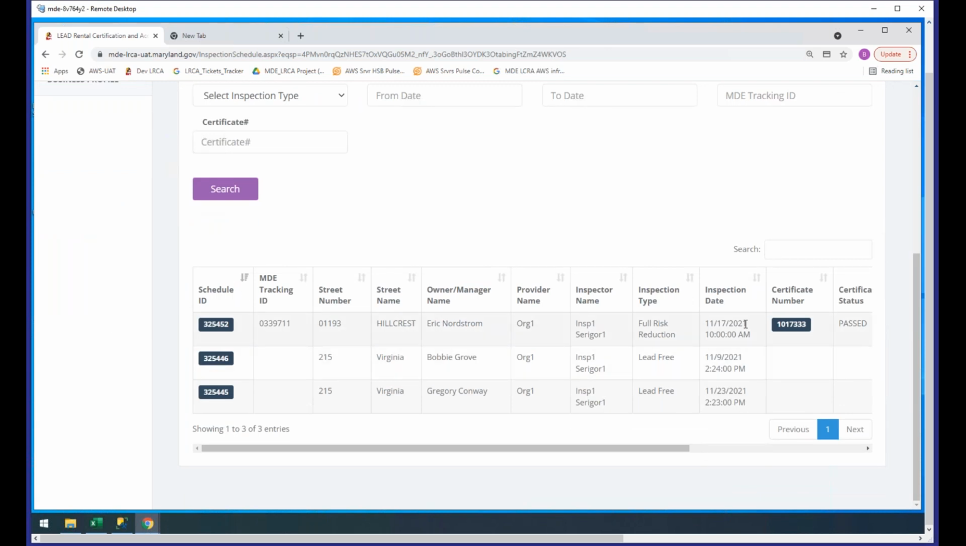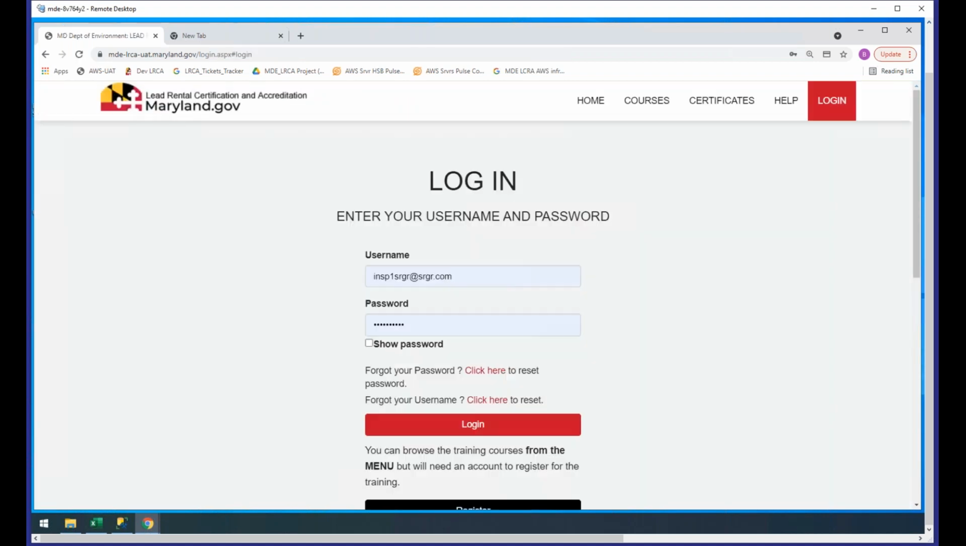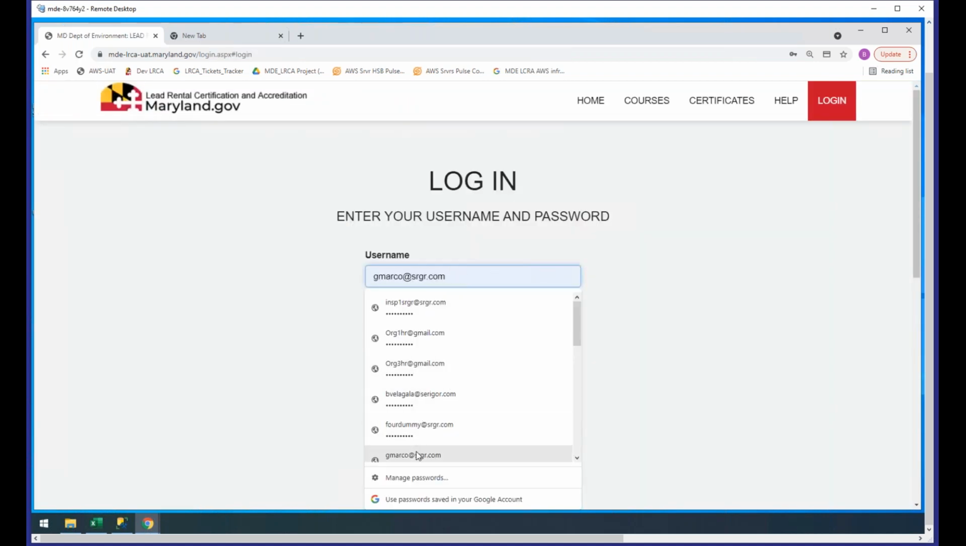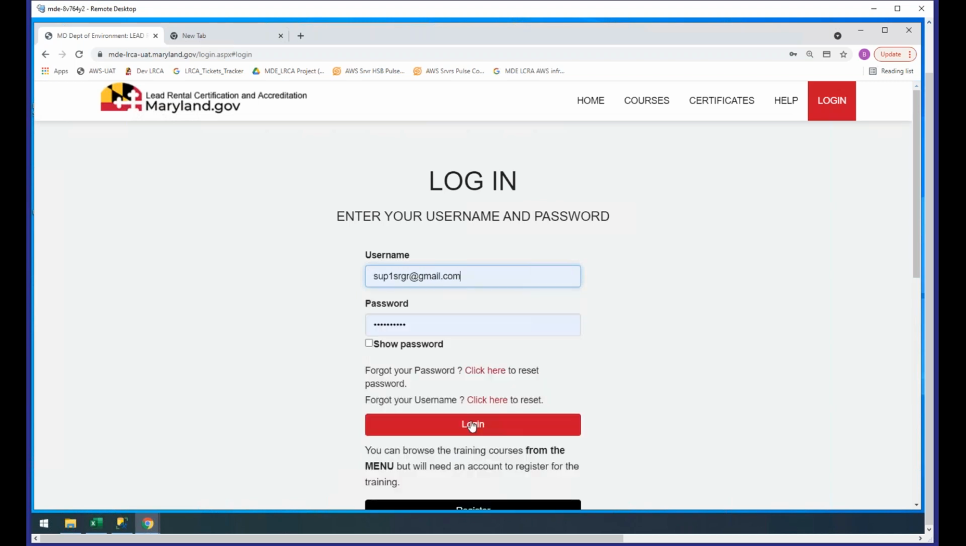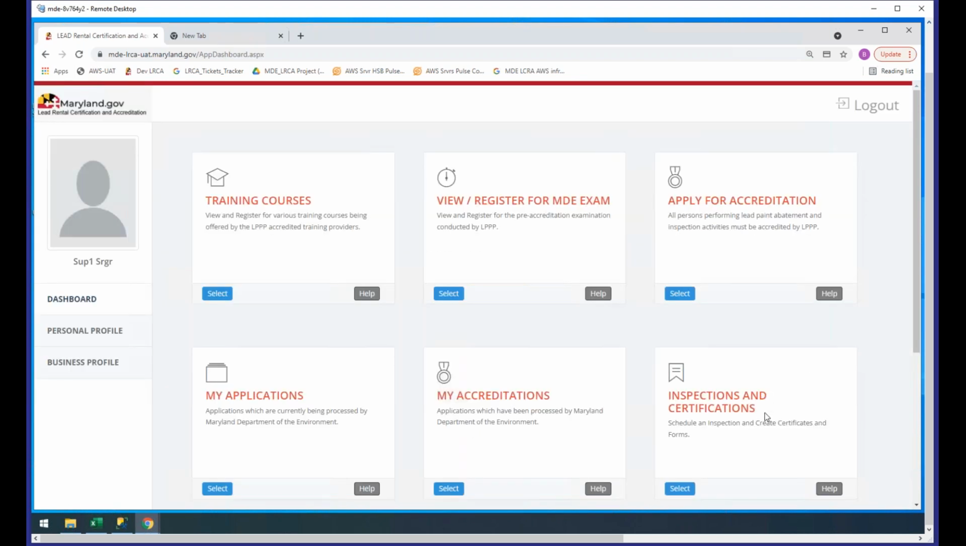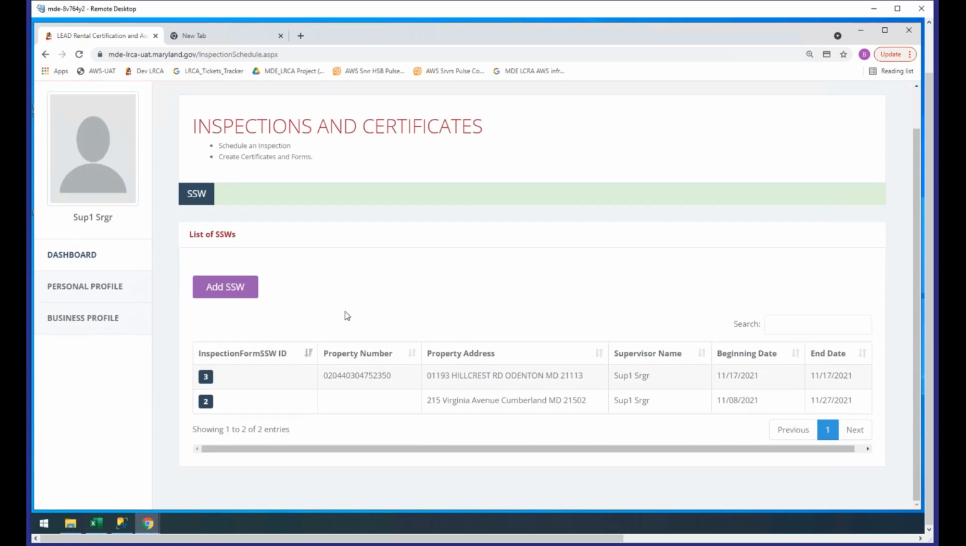And as a supervisor, I just showed that if you are a supervisor, as I mentioned, you log into the system. You will have access to this module, and when you go to this module, you will have access to add supervisor statement of works. That's all. Because you are a supervisor, you don't have access to schedule inspections. You don't have access for abatement policy. You are just a supervisor. That's why you have access to only this